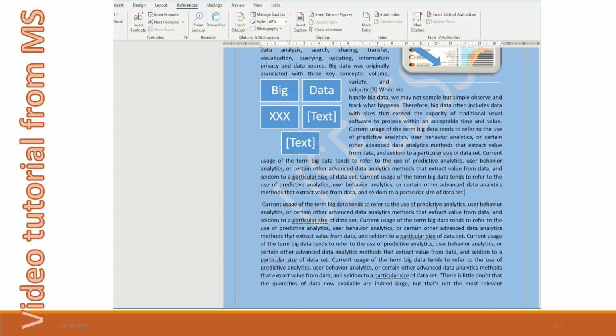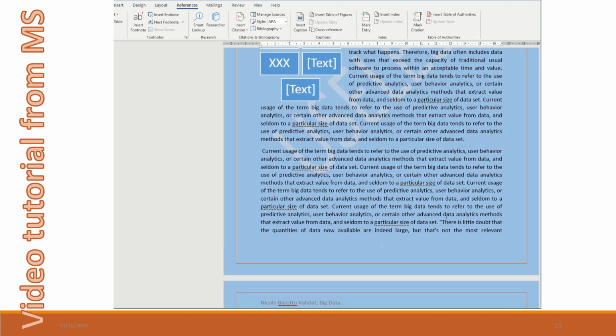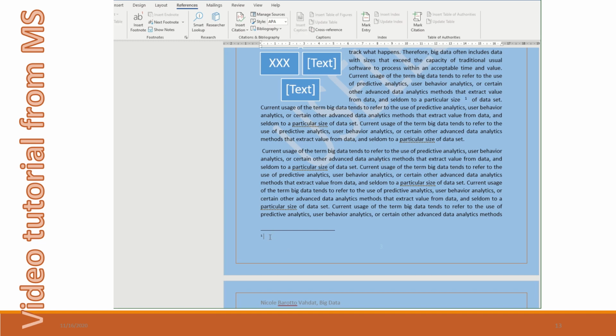Okay, this is the document, and at some point in the document you want to insert a reference. Say, particular size of dataset. Here you want to insert a footnote. Then you go to the References tab up there and type Insert Footnote. You see there is a small number here. In this place, I evidentiate it. When you hover on it, it shows a link, a small box that relates to the text. And here at the bottom of the page, you write the reference, like